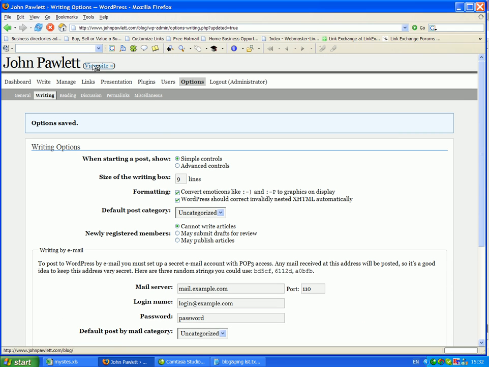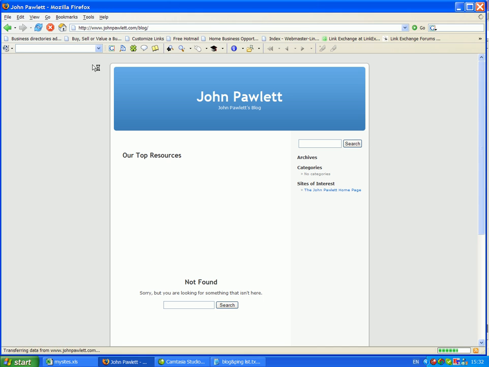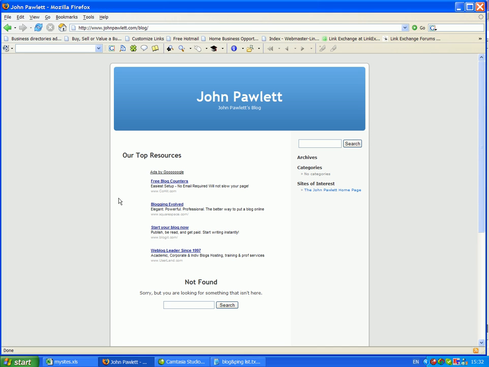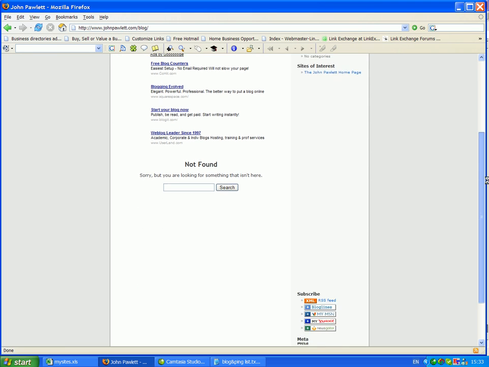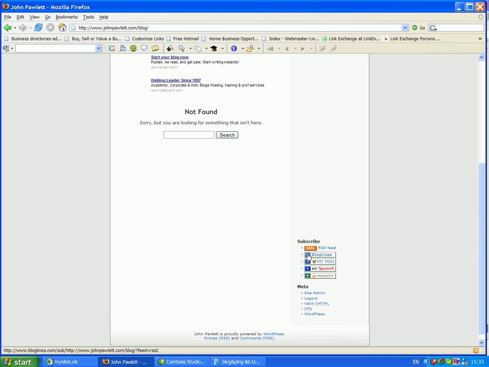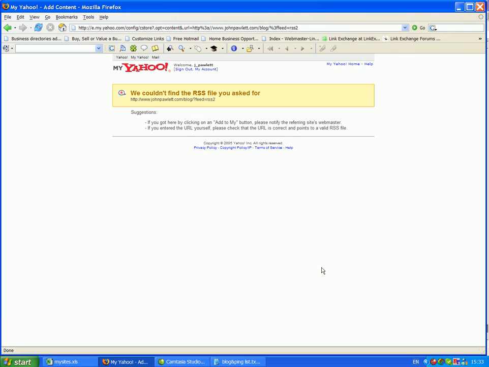Okay, now it's finished. Let's have a look at the site. See, straight away here I have my ads by Google coming up. I have no content in it yet. Sites of interest, which did say blog roll, link to my home page. Down here is the plugin that we put in, and I can automatically go from here to my Yahoo or my MSN